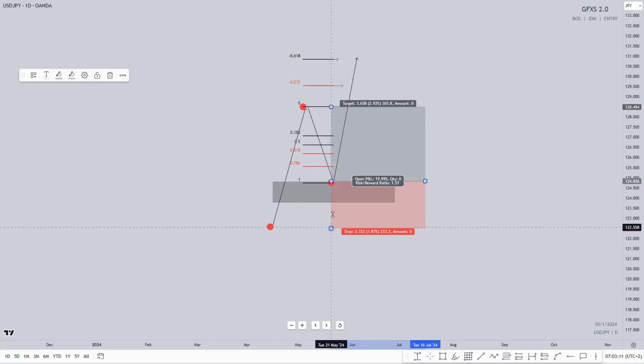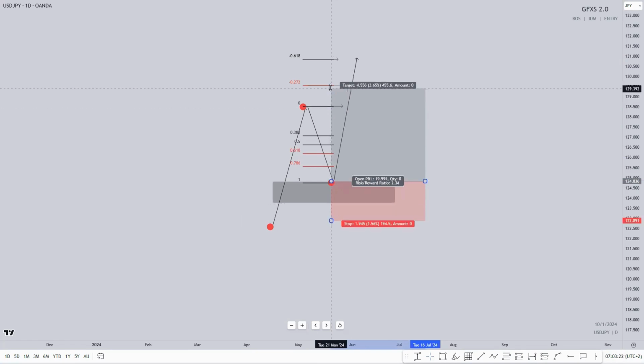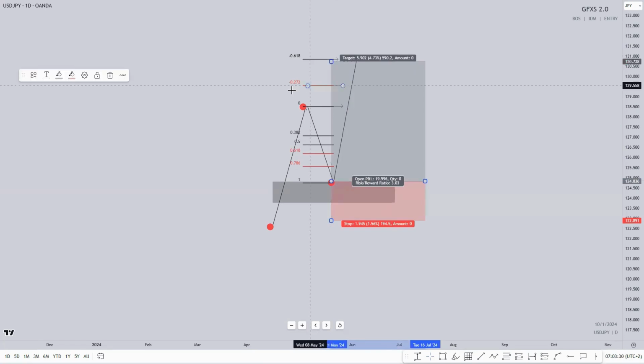So if you're using tight stop losses, it's going to be much easier to catch 1:3. But if you want to have a safe stop loss, you can use the Fibonacci extended targets so that you meet your requirements of 1:3. So you can use this one if you do not get your minimum risk to reward on the